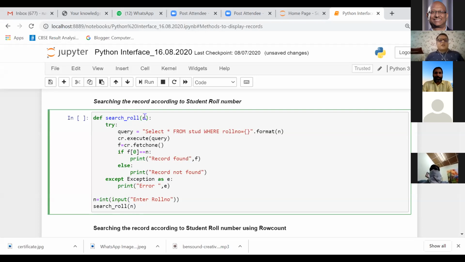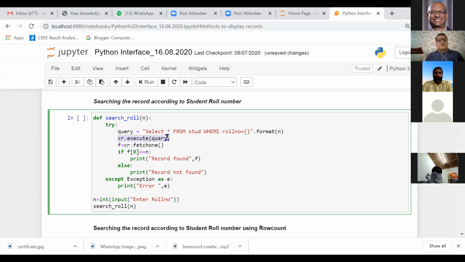I have used a parameter, and I have created a string here: select star from student where roll number, again using the format function. So automatically this n will be replaced by the curly bracket. So I have written the command select star from student where roll number equals whatever value is passed by the user.